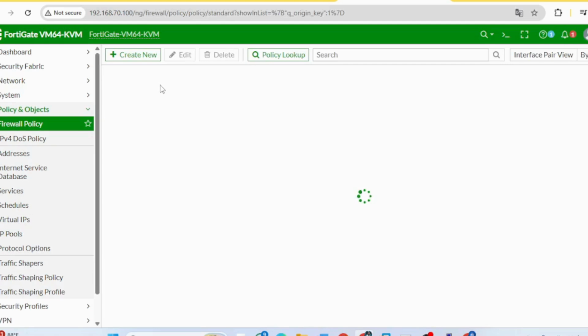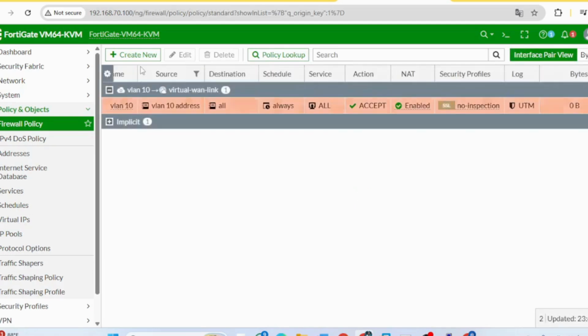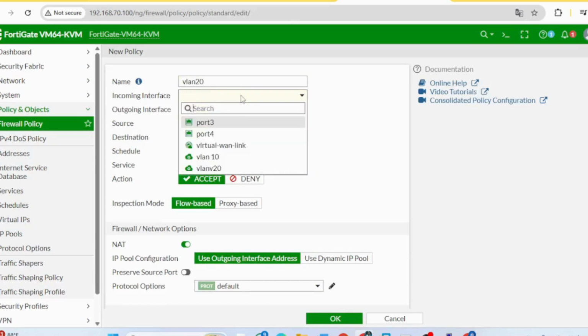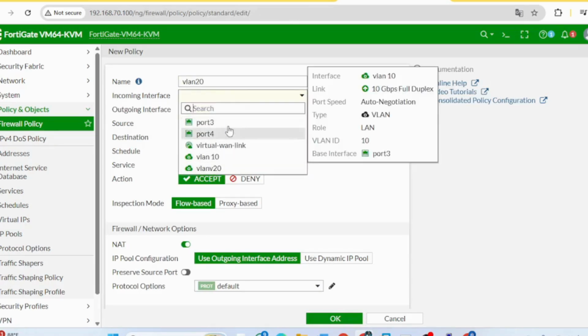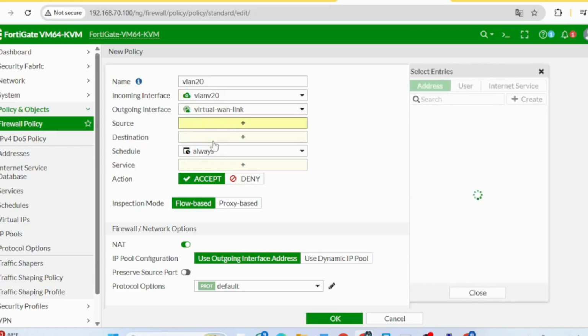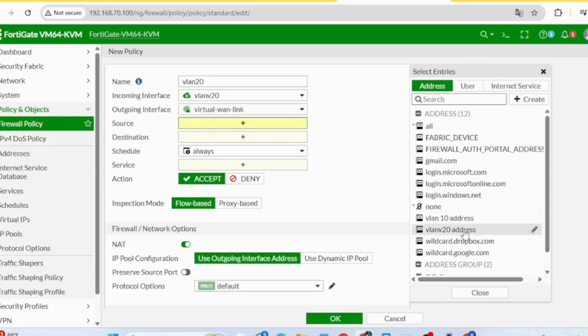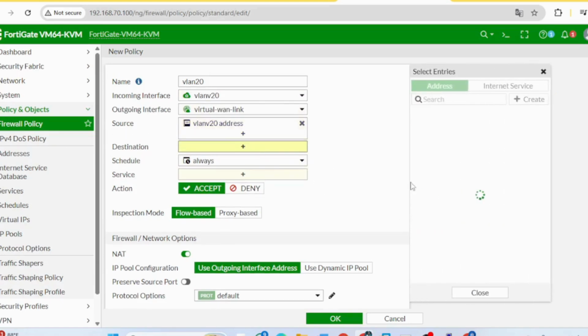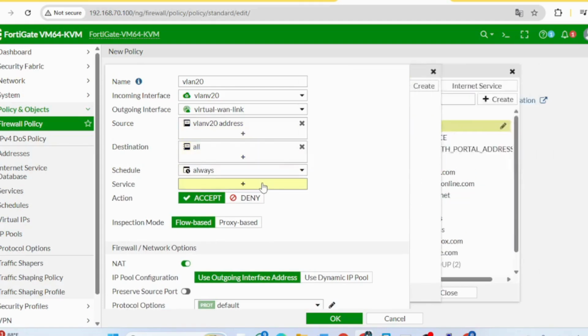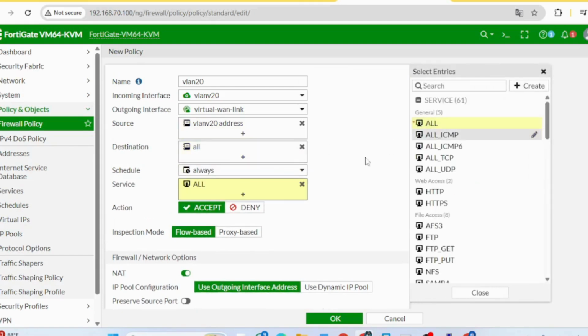After that, we can just create a new one and we name it VLAN 20 with the incoming interface of VLAN 20 and outgoing interface of the virtual link, source of VLAN 20 address, destination of all, with the service of all, accept, and we leave the NAT open again.